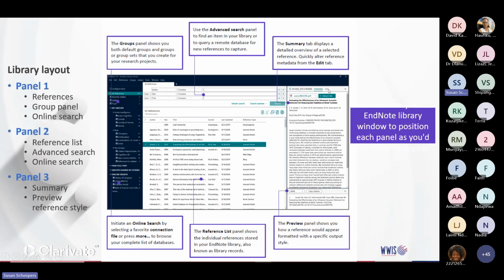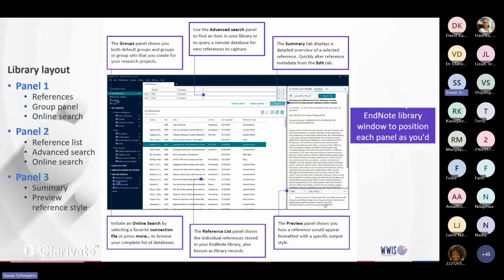Then there's an edit tab, where you can edit your reference if needed. Most of the time it's not necessary. And right at the bottom here, you'll see there's an option where you can actually see a preview of what the reference will look like when you have it in your document, in your Word, once you've populated. In this case, unfortunately, I see they've used the JAMA journal referencing style, but